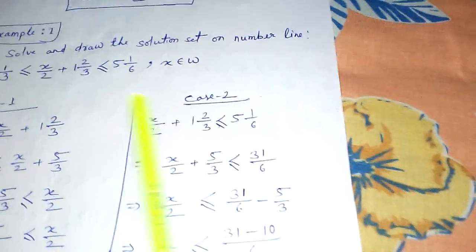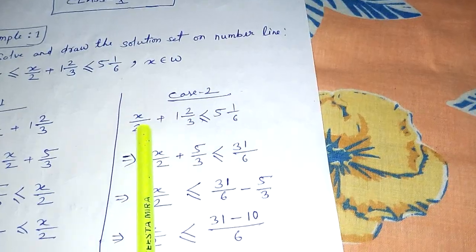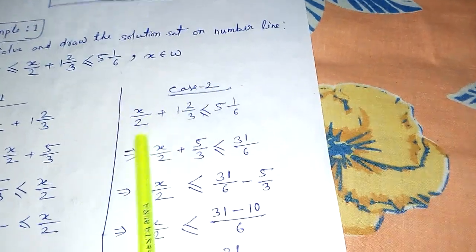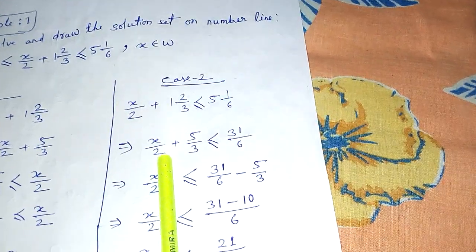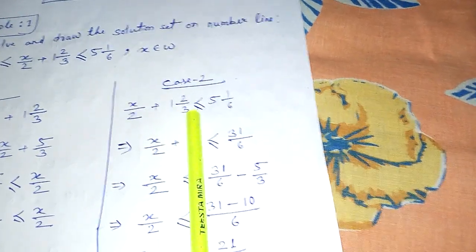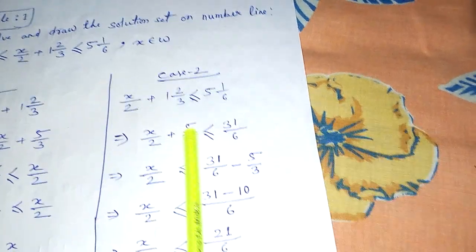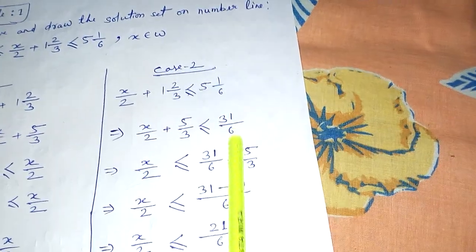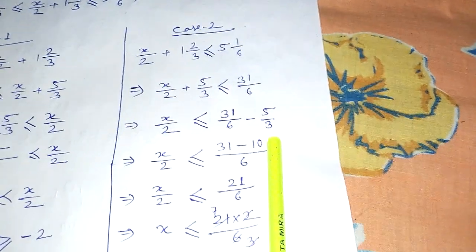Now second case, you know, the second part and third part we take, and here as you know x is in positive form and it is alone, so we will not shift it to the right hand side, let it be in the same place. So now let us shift: 3 1s are 3 plus 2, that is 5 by 3, that side, and this becomes 6 5s are 30 plus 1, 31 by 6. So x remains in the same place. So plus 5 by 3 comes this side and becomes minus 5 by 3.